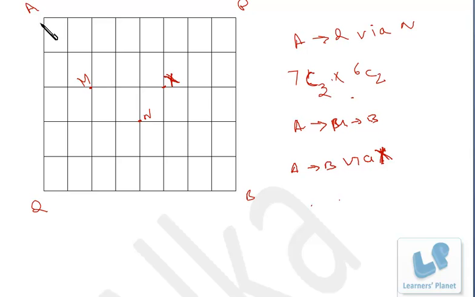I just write it down, 1, 2, 3, 4, 5 horizontal, 1, 2, 2 vertical, right? So 7C2, okay, and 1, 2, 3, 4, 5, 6, 6C3, and square of this, right? Because that is A to X, then X to B, then same will be B to X, then X to A. Okay, I hope you are getting me.